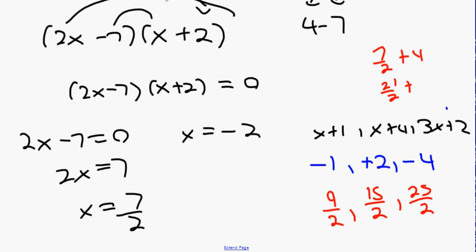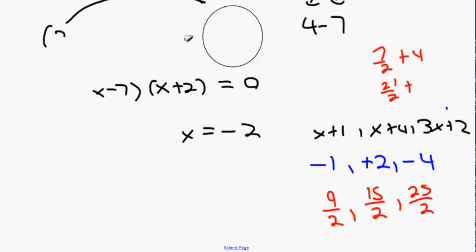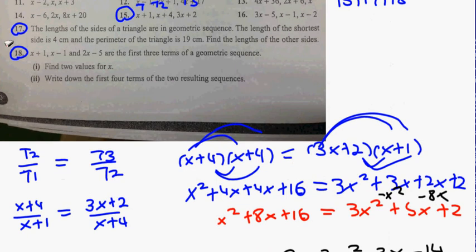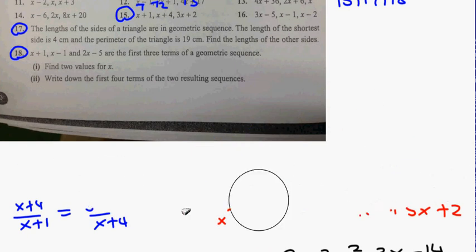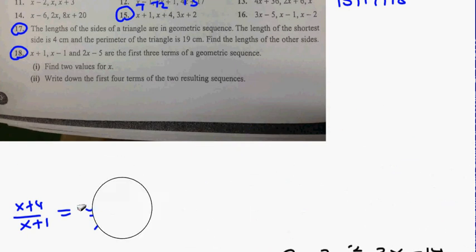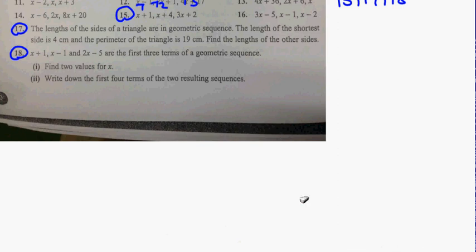Now, question 7 then. The sides of a triangle are in a geometric sequence. The length of the shorter side is 4, and the perimeter of the triangle is 19 centimeters. Find the lengths of the other sides. So here we go. Let's make the shorter side here. So this shorter side